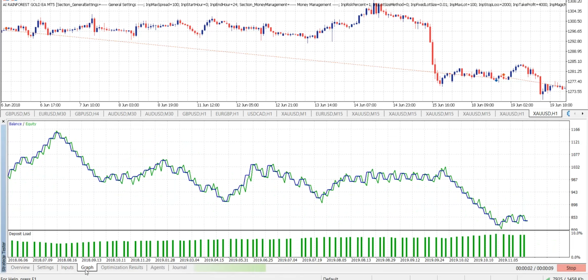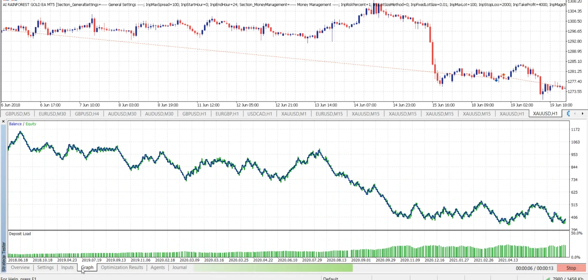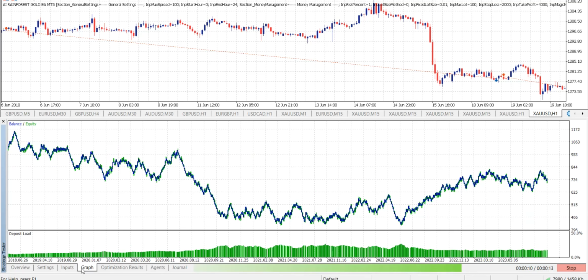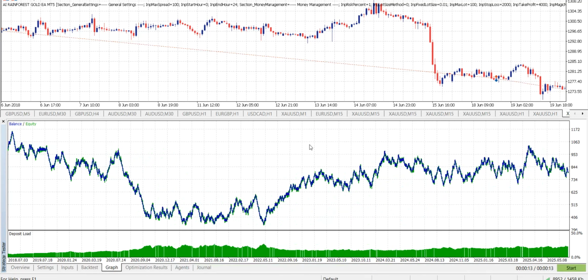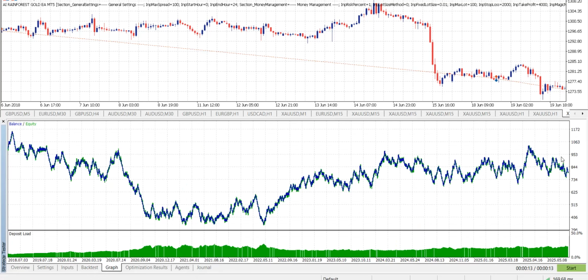As you can see, even one pattern is making a huge difference. For example, here, with these particular settings, if you only remove the Pinbar, it is still profitable in a way. No, it's not really profitable, but